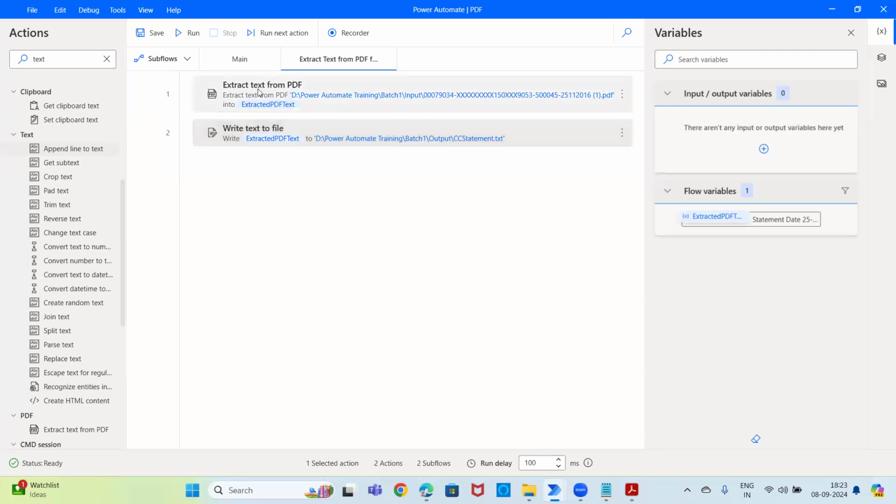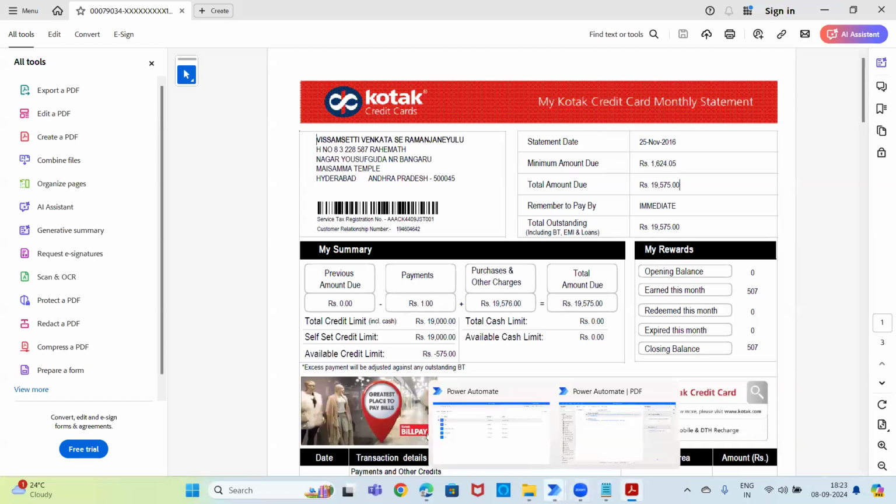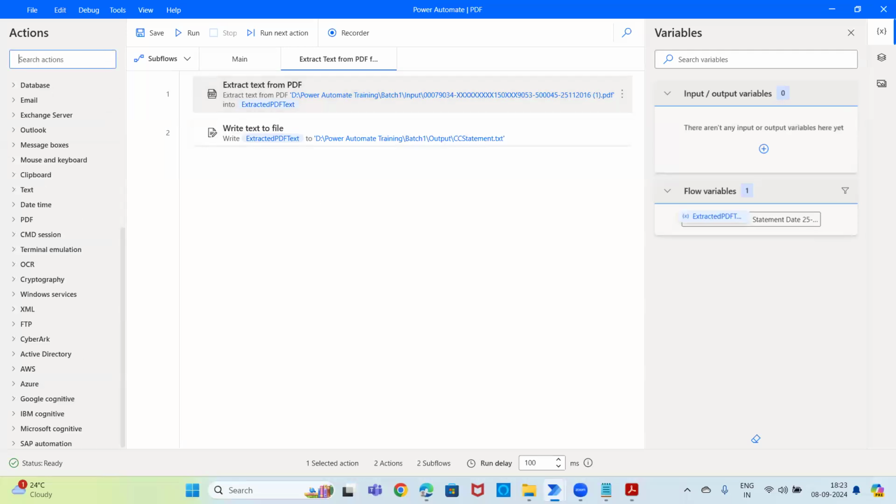After this activity, you can use these text actions and try to get the details. You try it, and if you're not able to, I'll explain. Any one of the details, like the statement data or anything, I'll request you to work on. If you try, you'll understand soon. Okay, so this is one activity from PDF. Next, we are having